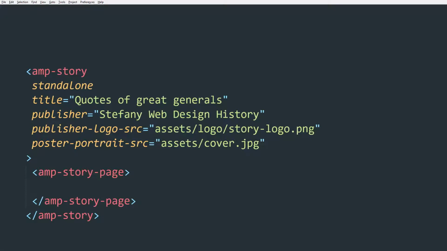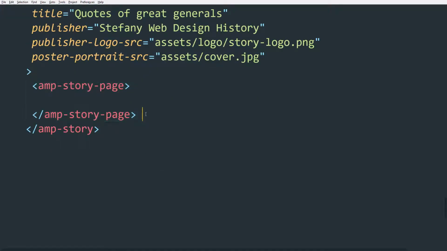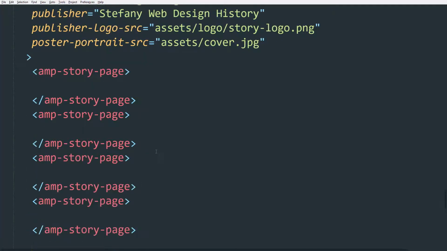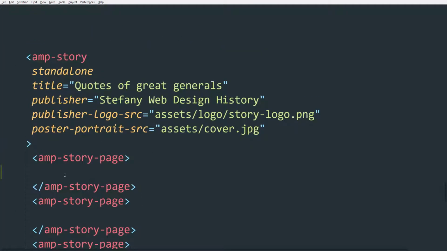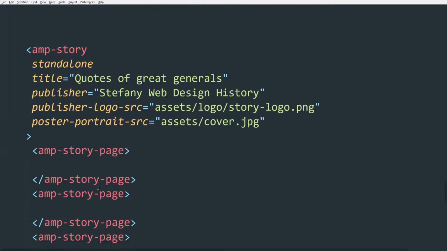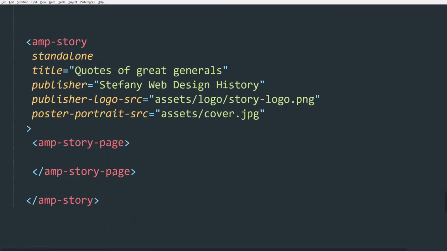But it's going to be contained within the AMP story page, and you can have as many AMP story pages as your story requires, okay? And all the content is going to be in between them. So while the AMP story is like a wrapper, the AMP story page is actually going to display the content, okay? And the AMP story page has one mandatory attribute called ID.